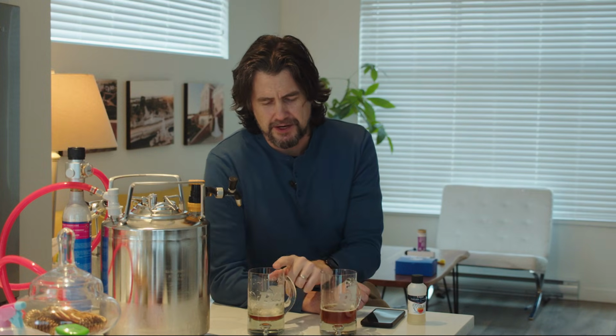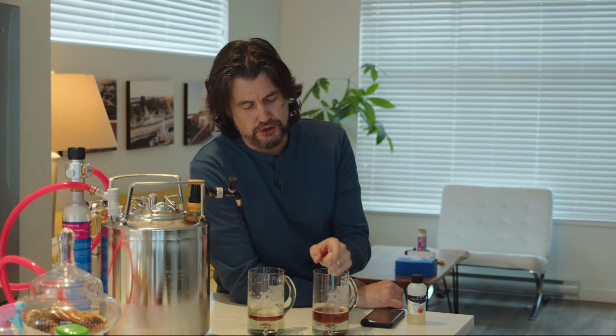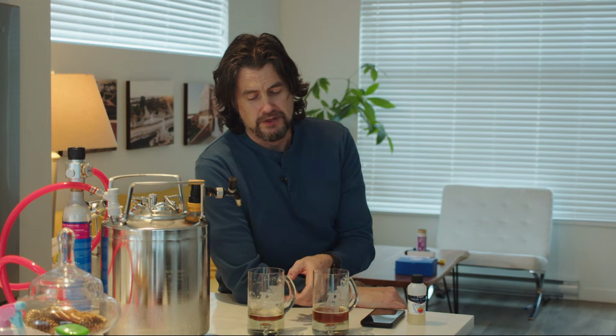Damn, after comparing these, I think this is way better. And I took this one to work to give to some guys. I kind of wish I took that one. Like, I still liked it. But you're getting a definite dessert beer thing going on with this one. Whereas this one,